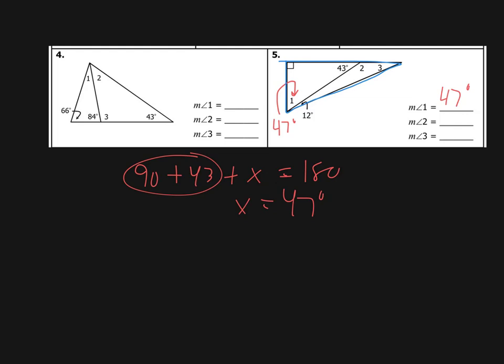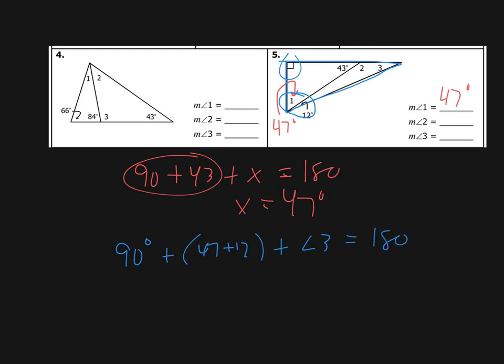Now I said that angle 1 was worth 47 degrees, and I want to think about the blue triangle. Well, the blue triangle is this big angle right here, and so that's going to be 47 plus 12. And of course we got the 90-degree angle up here. So the three angles on the blue triangle would be 90 degrees, that's one of the angles, plus the 47 plus the 12, that equals one angle, plus angle 3, I don't know, that all adds up to be 180